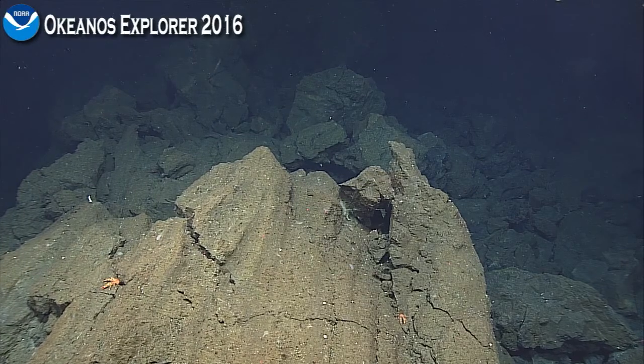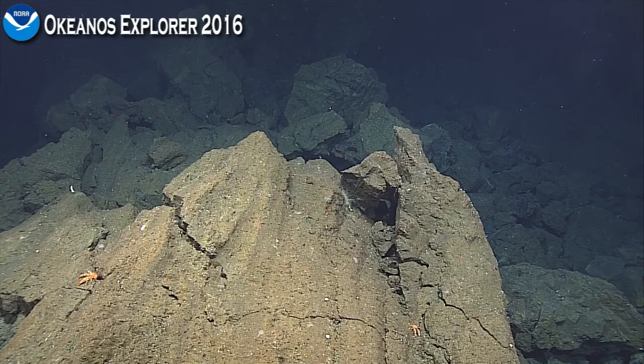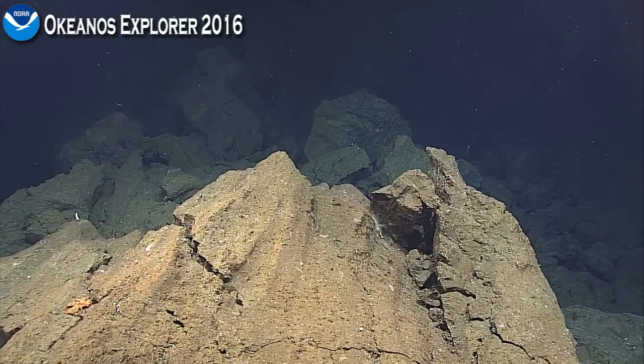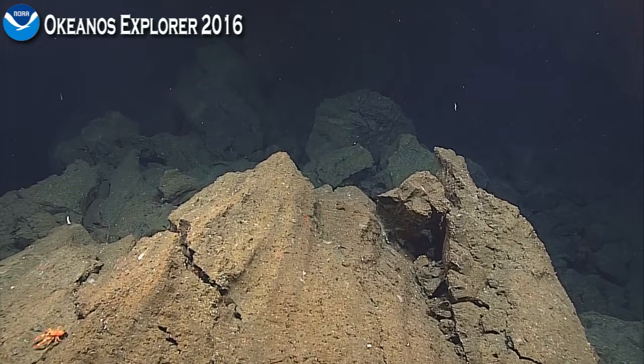We see no evidence of hydrothermal activity up here. Can we snap on it? There's something in that. Do we have a lobster on the left? Or are you looking at just the white thing? I'm looking at the white thing over at about 3 o'clock. I wonder if this is a good